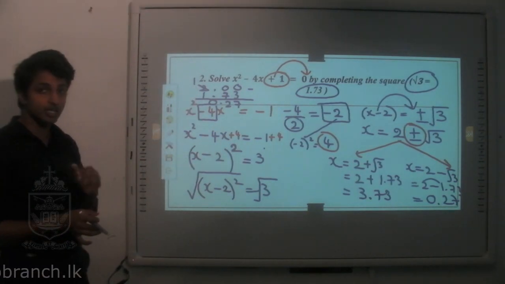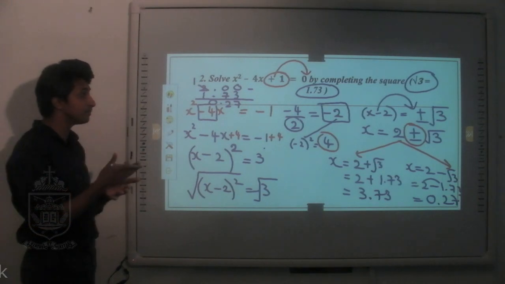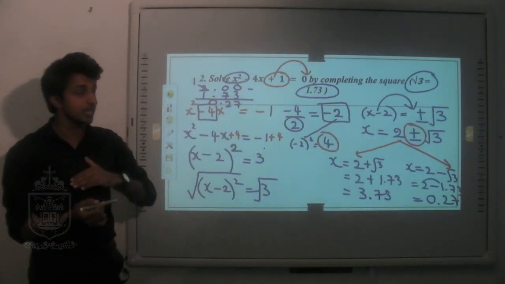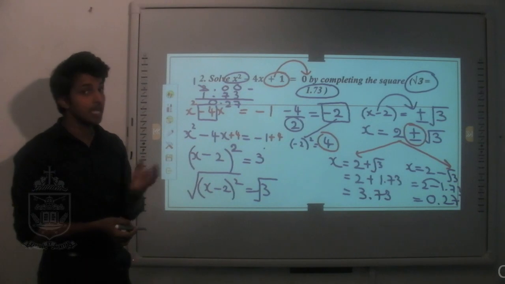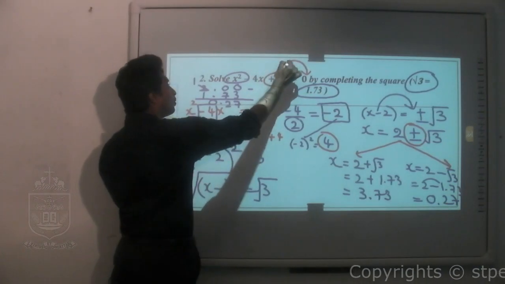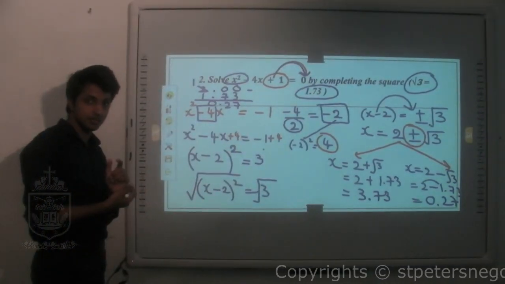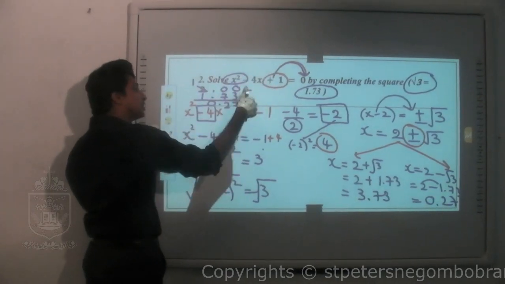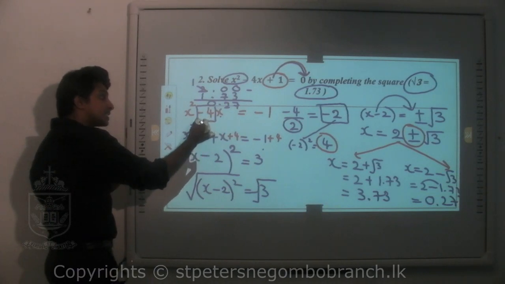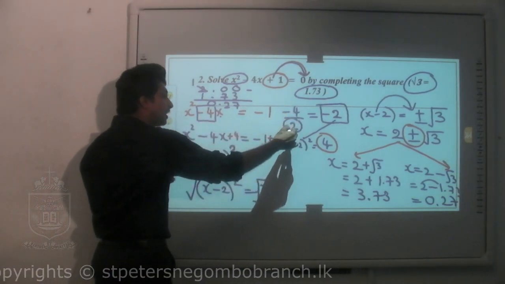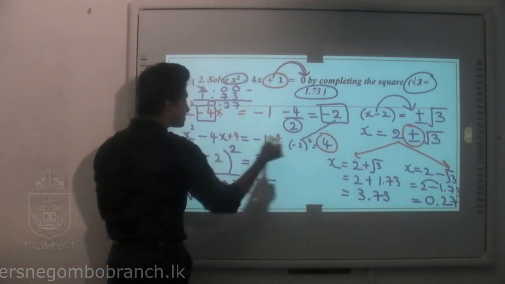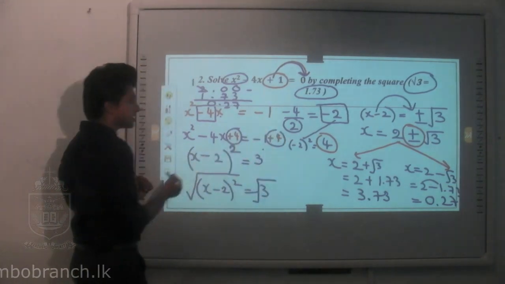Okay. Again, I am going to explain from the very beginning. Listen very carefully. First of all, check whether x squared is alone. That means in front of x squared, check whether there is a number or not. If there is no number, then you have no problem. First step you're going to do is take the whole number to the other side of the equation. Okay, so then when +1 moves to the other side, becomes -1, right? Then take the value in front of x, divide by 2, get the answer, square it, and you will get another value. Take that answer and add to both the sides of the equation.